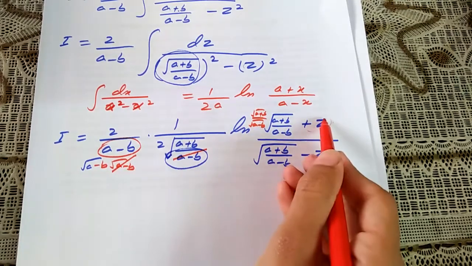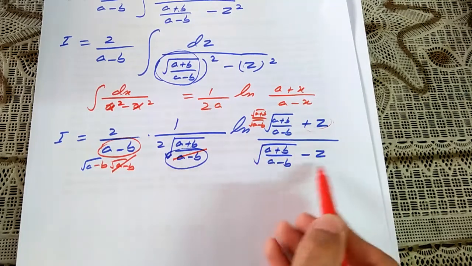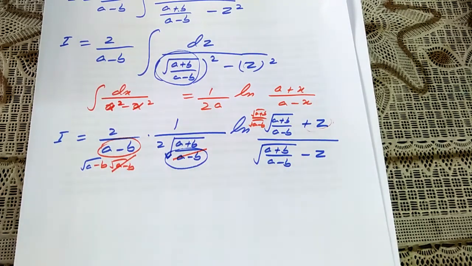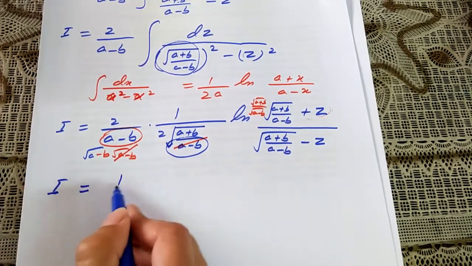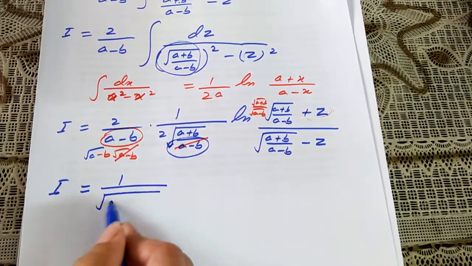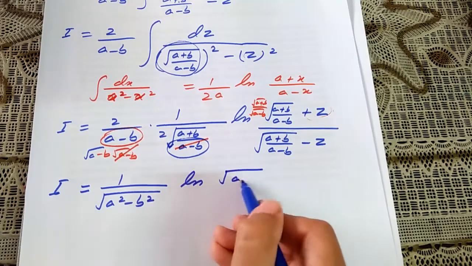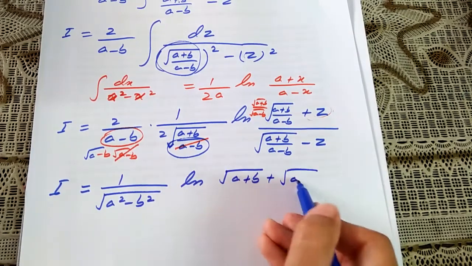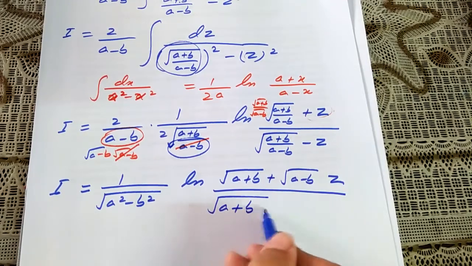Take the LCM with this one, and then you will get two fractions in this main fraction. Cancel their denominators, and after simplification we will get here I is equal to 1 over under root a square minus b square ln a plus b plus under root a minus b z over under root a plus b minus